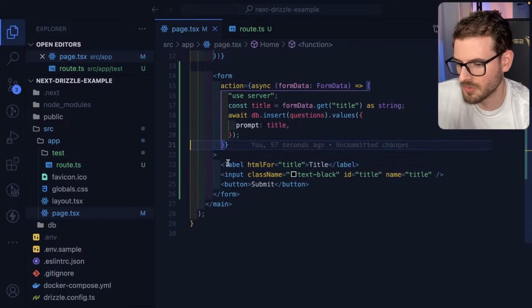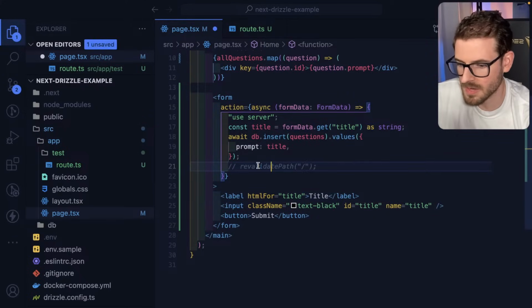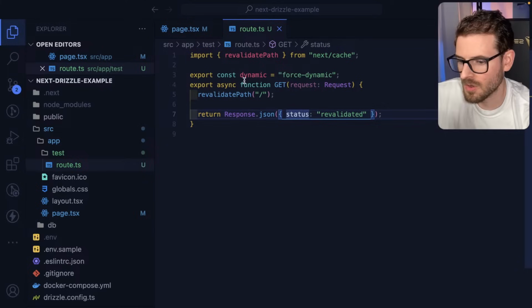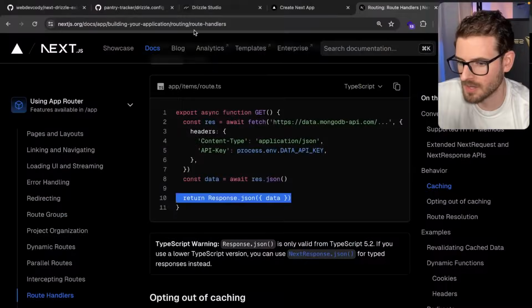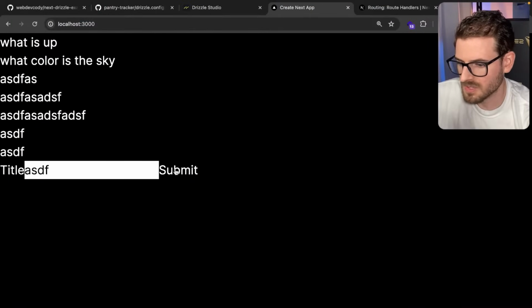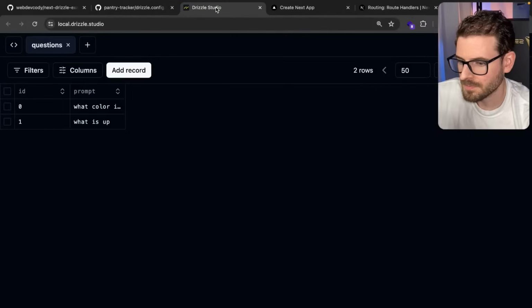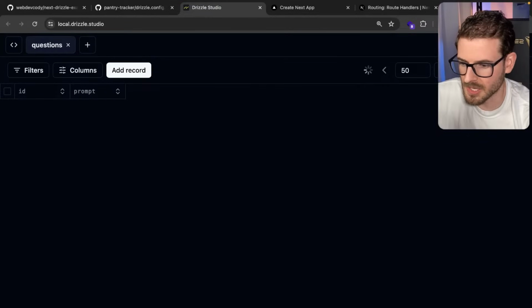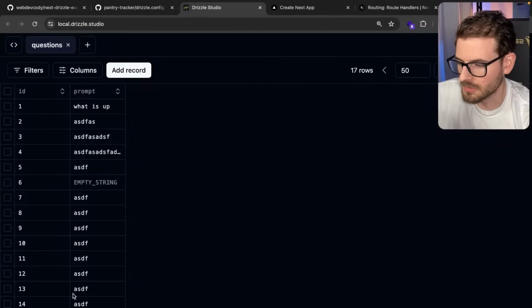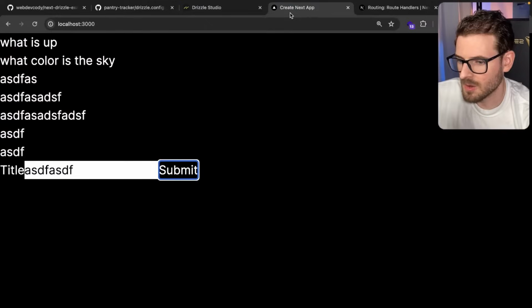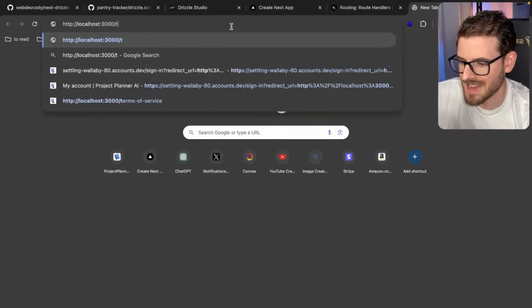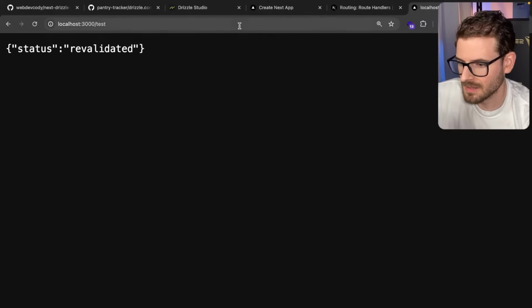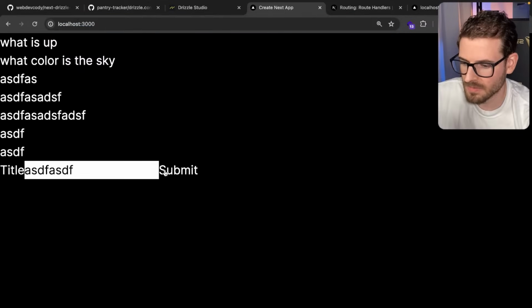All right, so moment of truth. I'm going to remove the revalidate path here, and then I'm going to call this endpoint manually. Okay, so let's go back over here. I'm going to submit this a couple times. So I clicked it like 5 or 6 times. And just to show you that, if I refresh the page, we have a bunch of submissions, right? And so now if I were to go over here and say /test and hit it, it says revalidated. And now if I were to go ahead and,